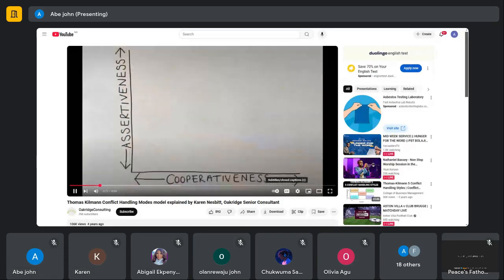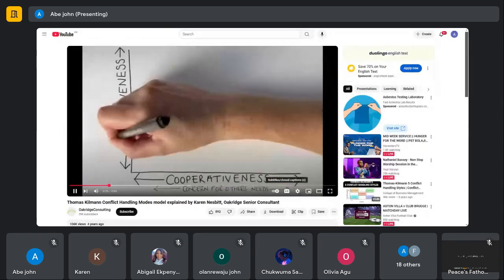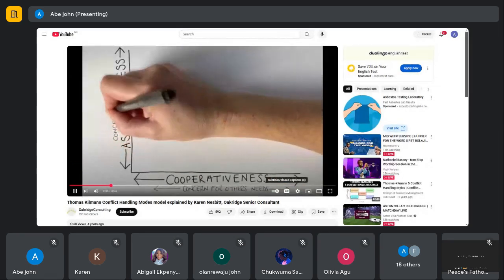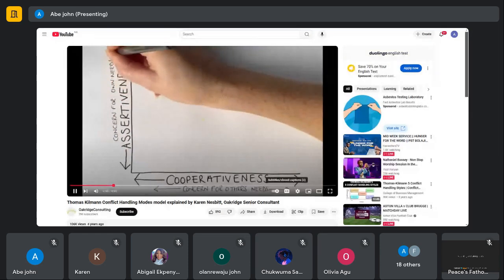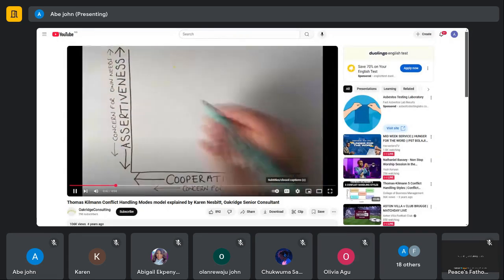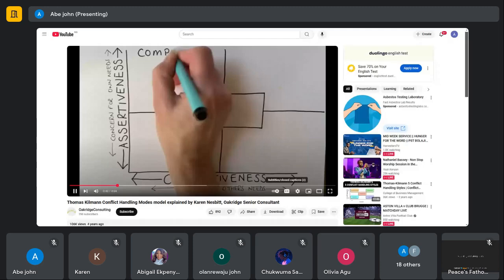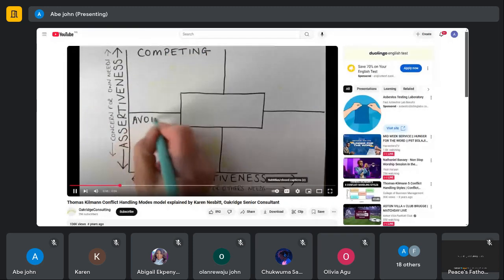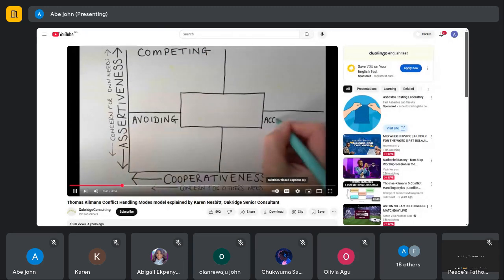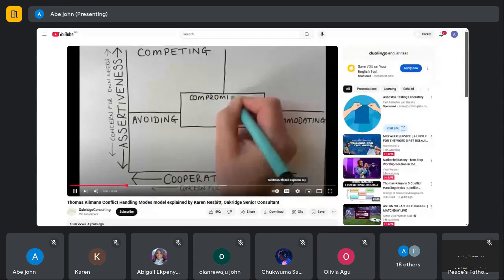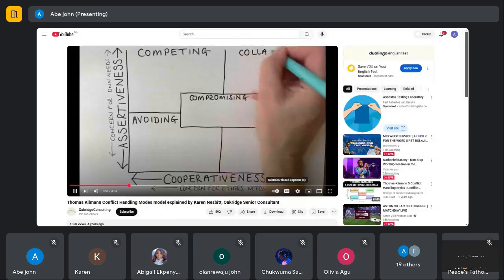It's also about how much we focus on our own needs, and then also about how we focus on the other person's needs. The model identifies 5 typical approaches: competing, avoiding, accommodating, compromising, and collaborating.